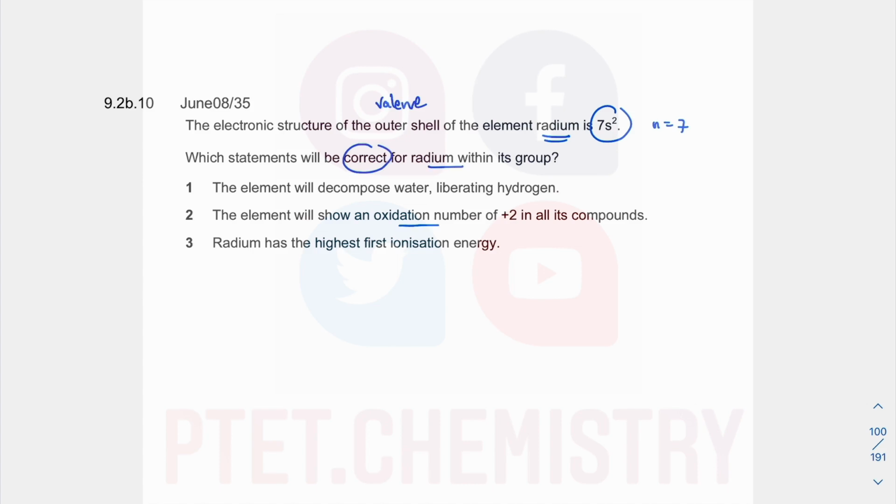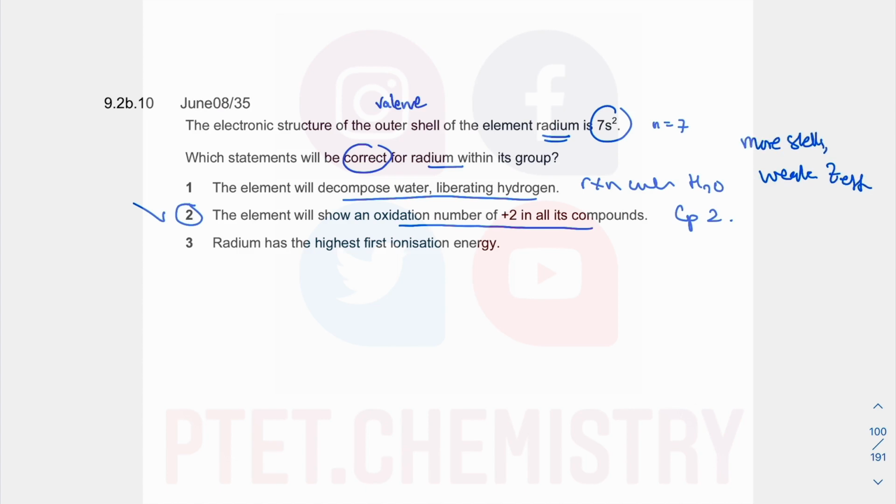The element will show an oxidation number of +2 in all its compounds. That is the nature of group 2 chemistry, so that is correct. The element will decompose water, liberating hydrogen. So think about the reaction with water. As you go down group 2, in fact as you go down any group, the metals become easier to lose the electrons because you have weaker effective nuclear charge due to more shells, and your shielding increases because you have a lot more shells down the group. Weaker effective nuclear charge for the outermost shell electrons,